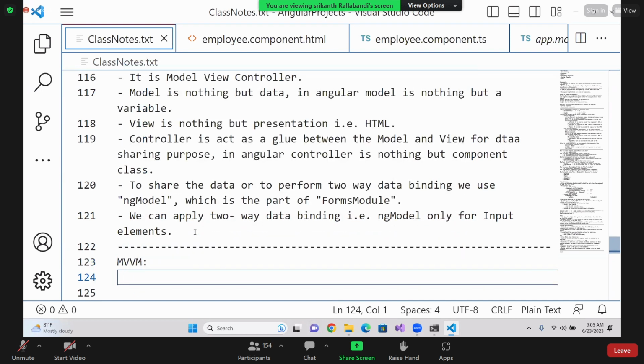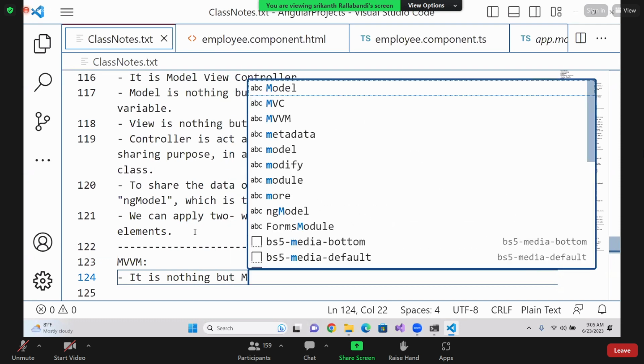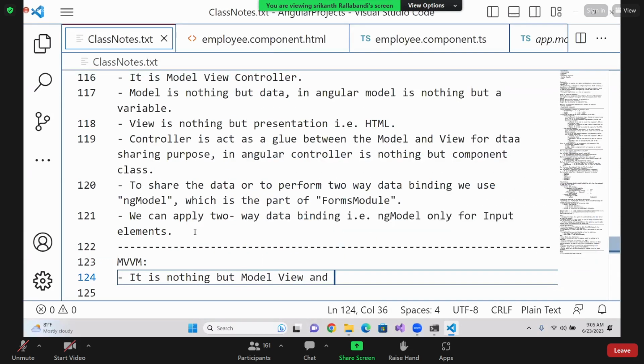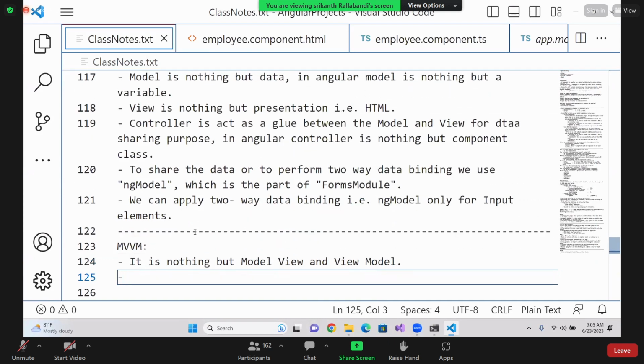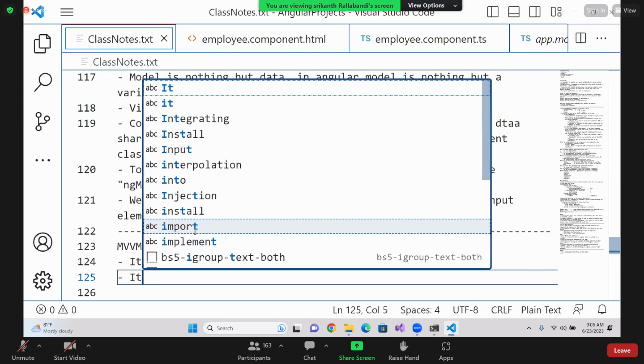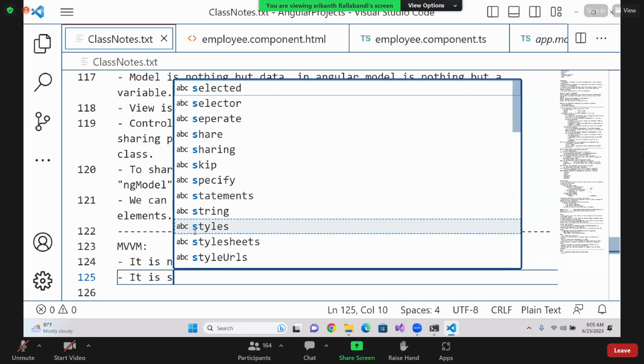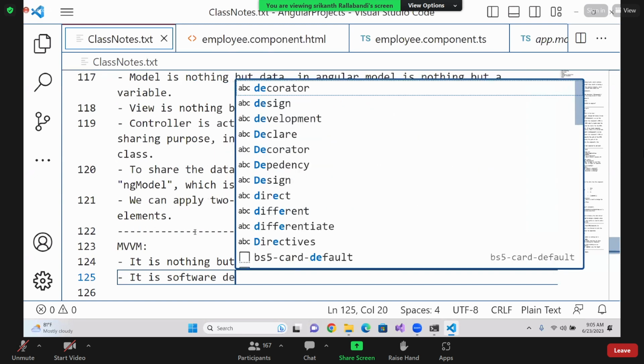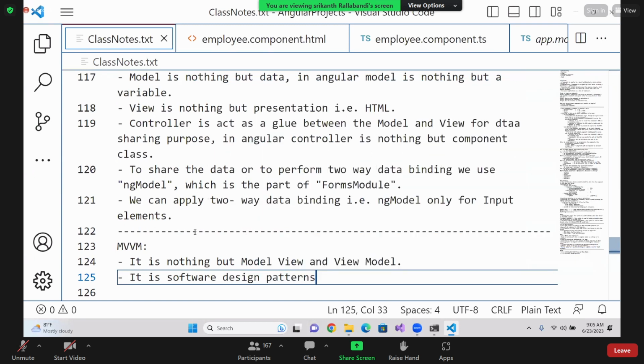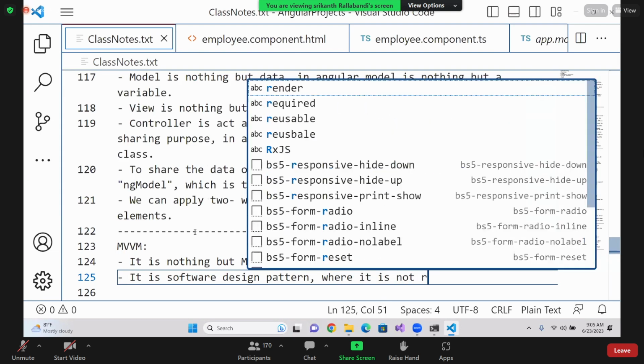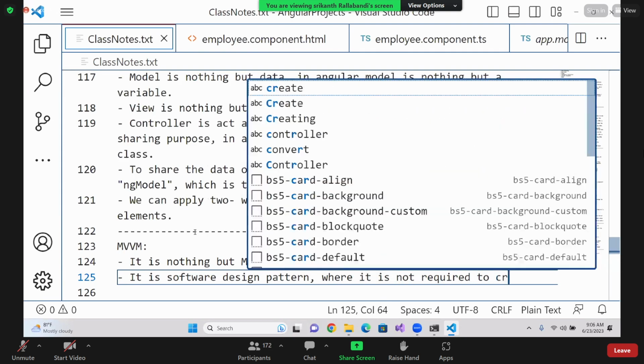So what does MVVM stand for? Model View and View Model. MVVM is nothing but Model, View and View Model. It is a software design pattern where it is not required to create